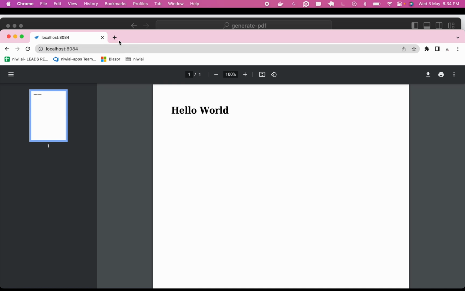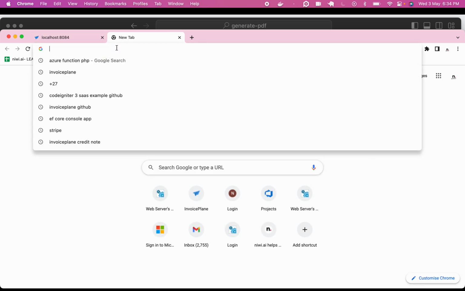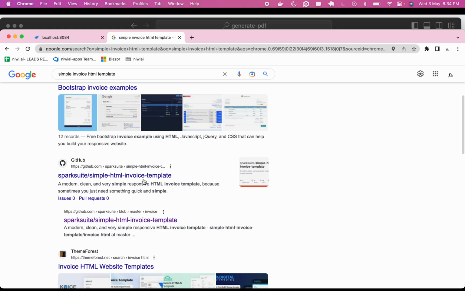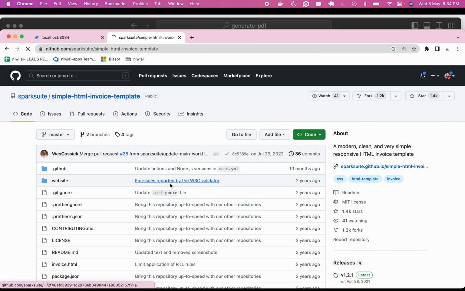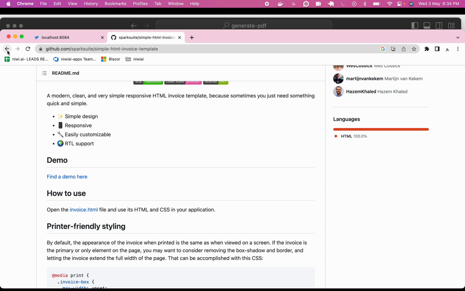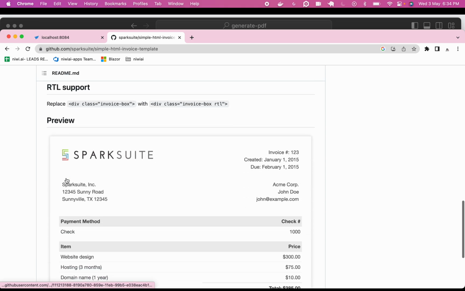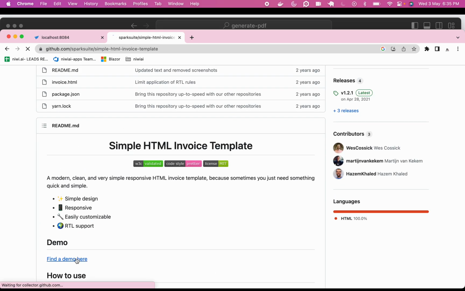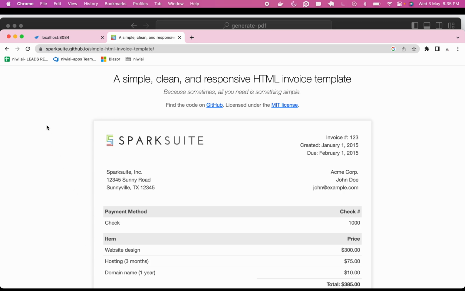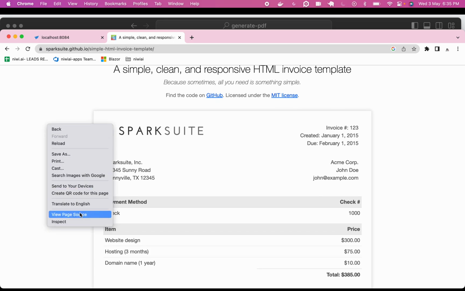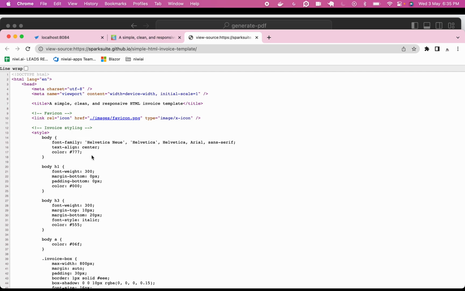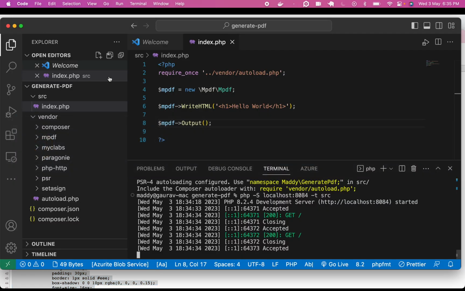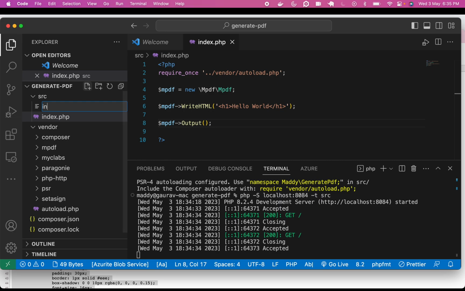Now let us say I have to generate a simple invoice. So I look for a simple invoice HTML template. Let's check it out. I'll pick up this one. Let me check if I'm having, yeah, this sounds good. What I'll do is look for a demo. We'll take the page source and copy this as is, and here I'm going to make an HTML file,